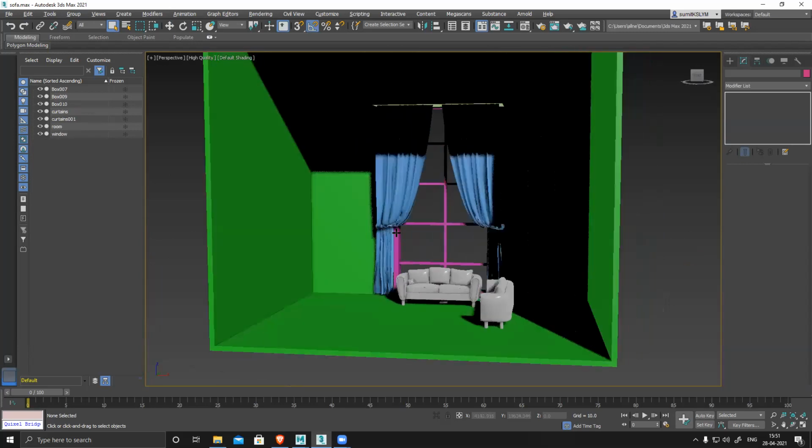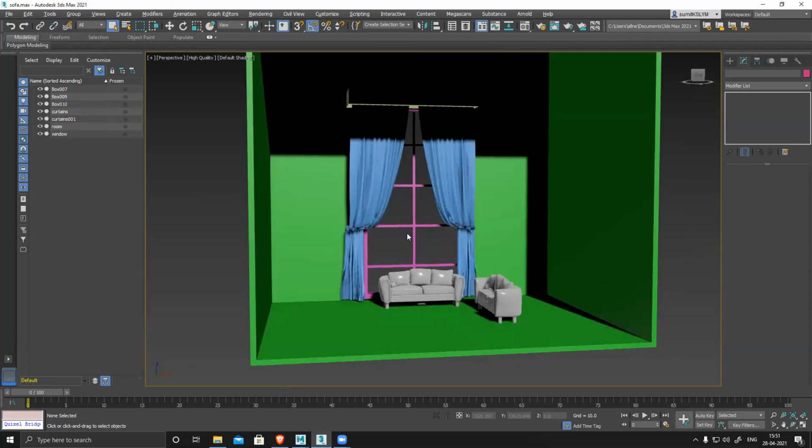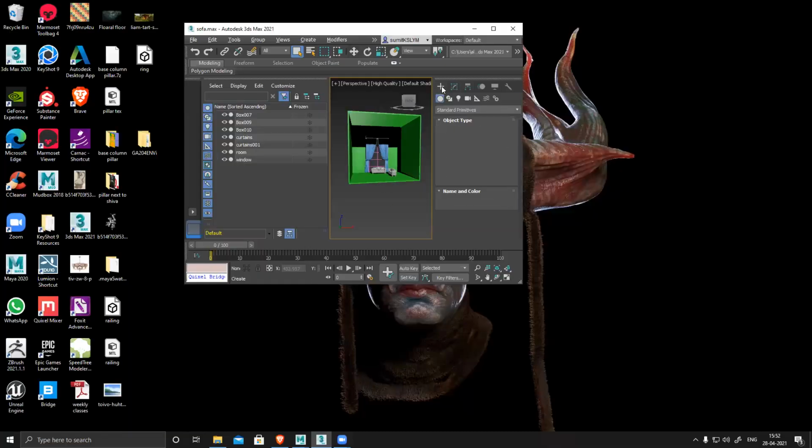You see? Sir, I have a doubt, sir. Yes, tell me. Sir, I have a problem again with copying the image into 3D Max. Like how? If you want, just drag and drop it. How are you having a problem? I don't understand.